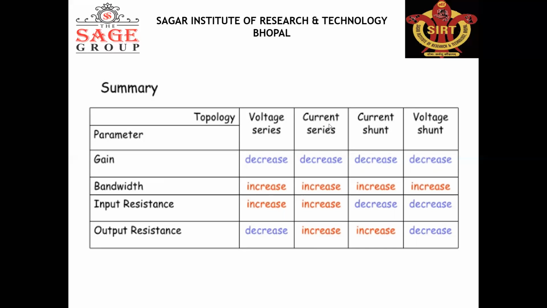यहाँ लिखा है करंट. करंट का मतलब जो सैम्पलिंग हो रही है वो करंट के फॉर्म में हो रही है, मतलब एम्पलीफायर और फीडबैक नेटवर्क दोनों हमारे सीरीज में कनेक्ट होंगे आउटपुट पे, इसलिए आउटपुट का रेजिस्टेंस बढ़ जाएगा, राइट. तो डिपेंड करता है कि हमारा कनेक्शन सीरीज में है या पैरेलल में, जहां भी सीरीज में कनेक्शन होगा वहां पे रेजिस्टेंस बढ़ जाएगा, चाहे इनपुट रेजिस्टेंस हो या आउटपुट रेजिस्टेंस हो, और जहां पे पैरेलल में कनेक्शन होगा वहां पे रेजिस्टेंस कम हो जाएगा, ठीक है.